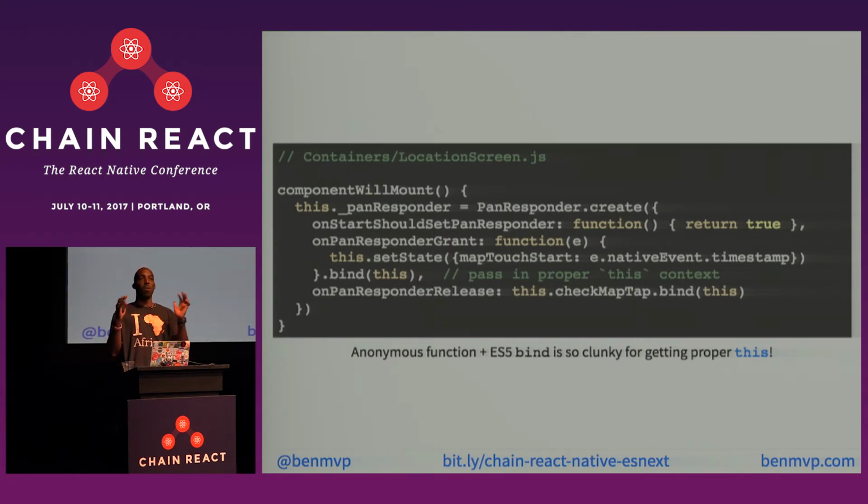And if you're not familiar with why this is undefined in this case, I have a nice little link to this very long MDN article that if you don't know what it means, you may understand. And if you already know what it means, you'll probably get confused. But that's okay. It's really explanatory. And then lastly down here, we have this.checkMapTap.bind(this). So that's a reference to another method. Since we're passing that reference, we also have to bind to this context as well.